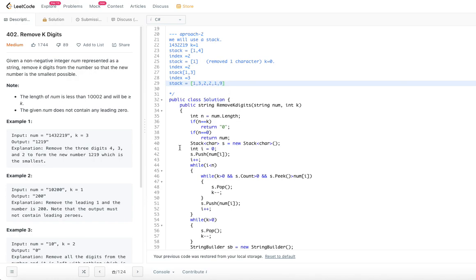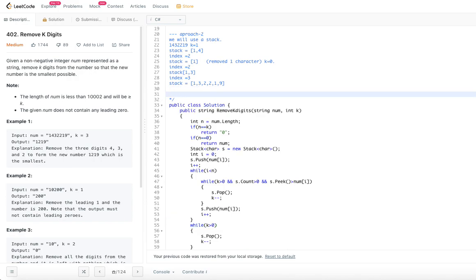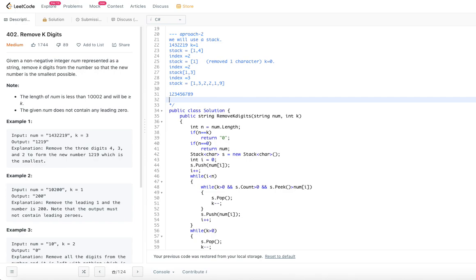Once we go through the entire number, what we are going to do is, while k is greater than 0. In some cases, k will still be greater than 0. If the number is ever increasing, let's say 1, 2, 3, 4, 5, 6, 7, 8, 9, how do we make it smaller?